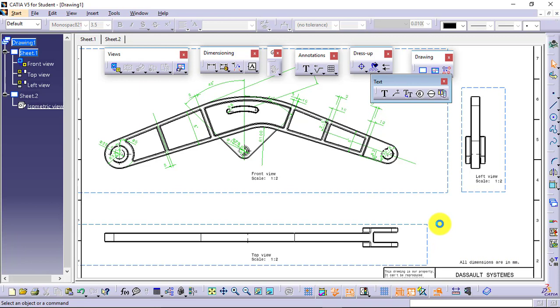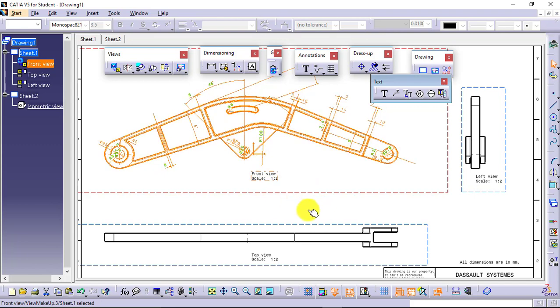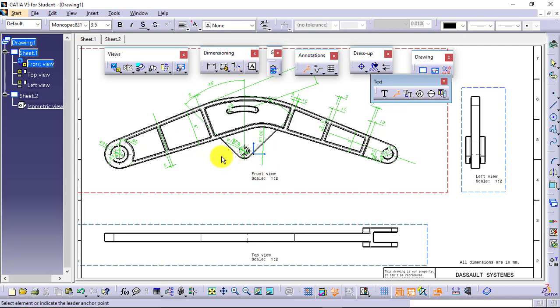But when I want the text to be aligned with something, say I want the text to be aligned with this view, I will double click on this, the view is activated, then I will go for either text, simple text like this is written over here, or I will go for text with leader. I'll click it and I will select it.